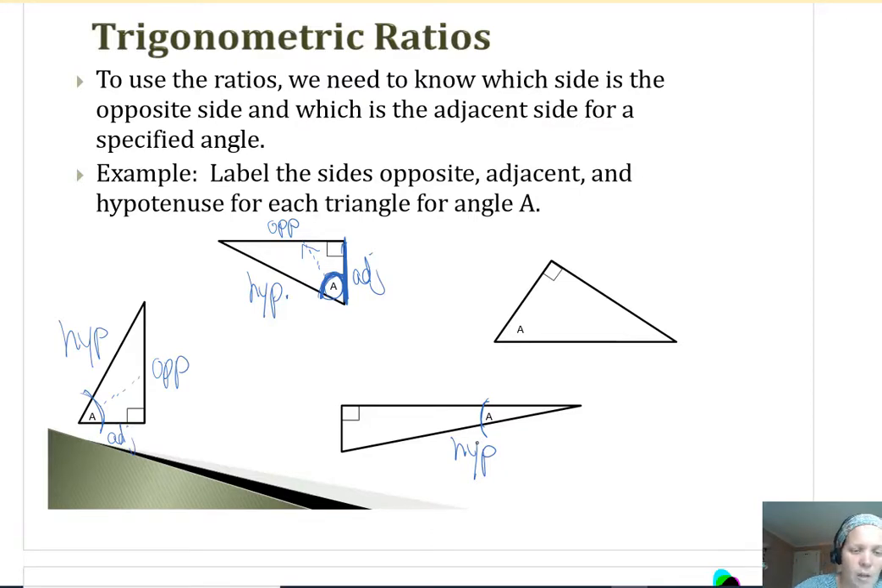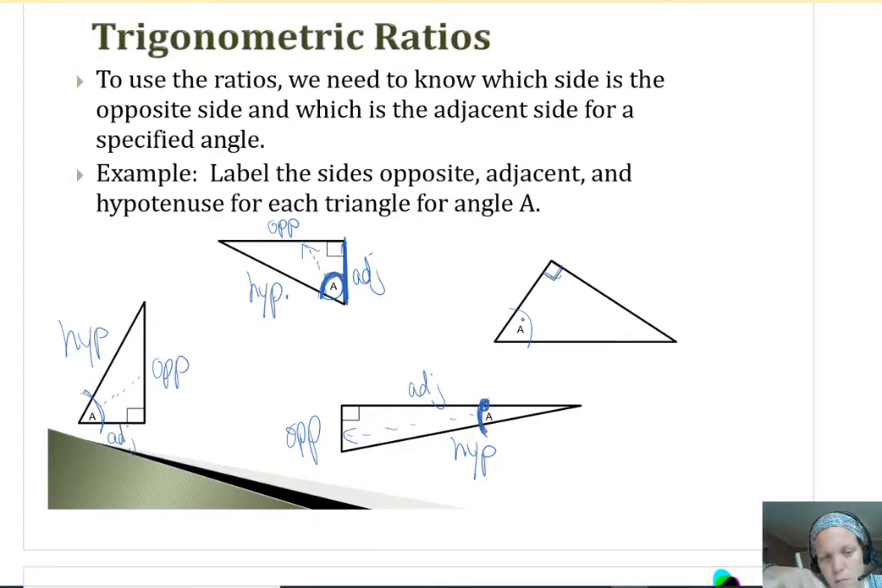bottom angled one. Opposite is across, opposite of angle A, all the way across, that'd be that vertical side, and then adjacent's the one. Notice how if I put that arc on the angle, it's touching that arc that I'm making on that angle. Now the last one, angle A, this one's different because see how the 90 degree